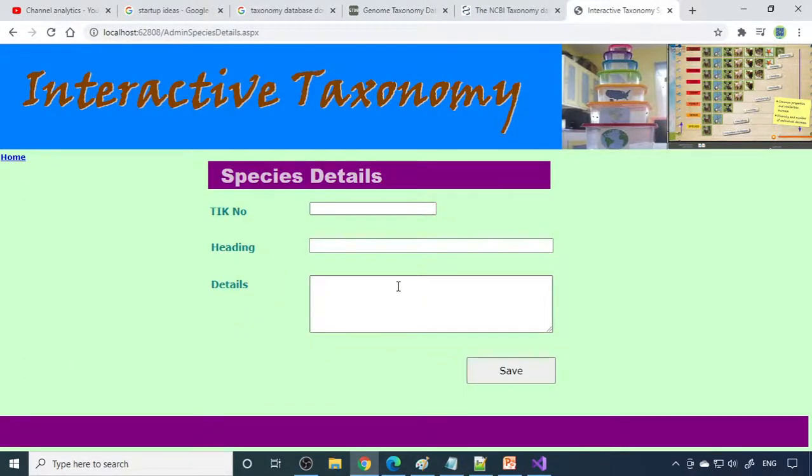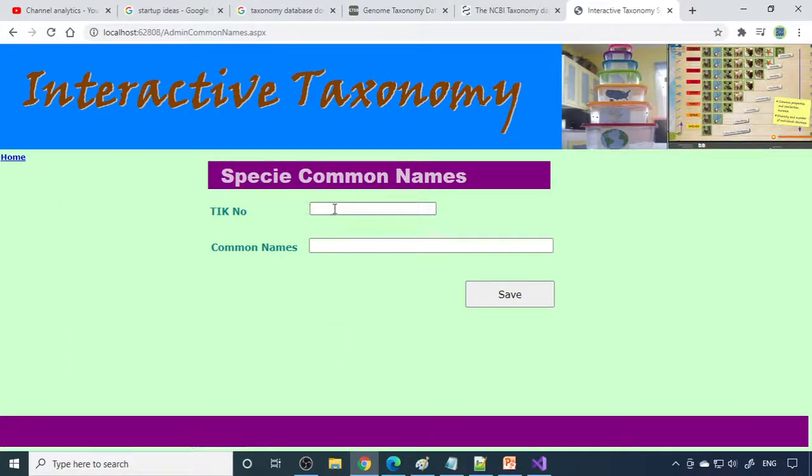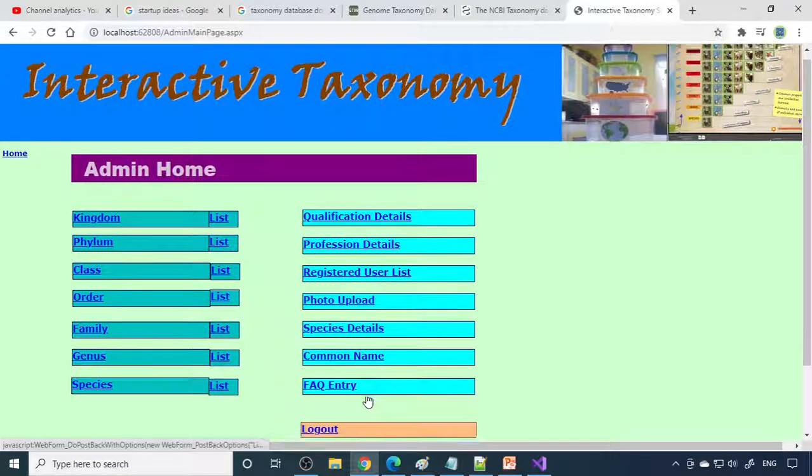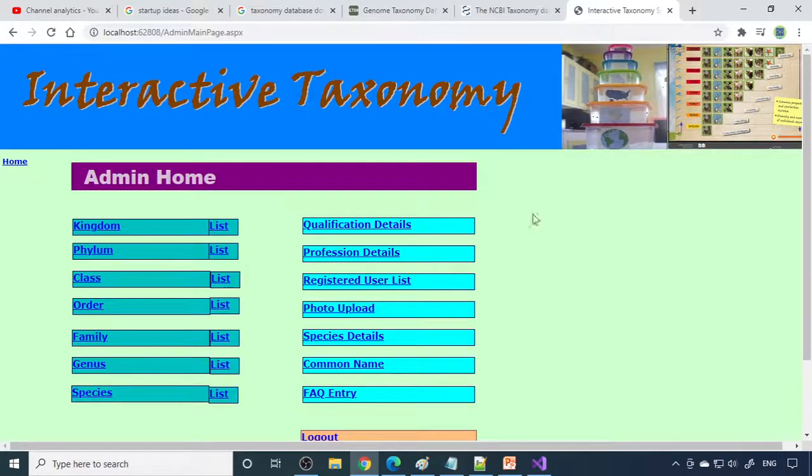If you have more information about the particular species, we can enter it here. So more details can be entered here. That is species details and common names. Based on the numbers, we can enter the common names for the particular species. And here is an FAQ entry, where whatever questions common users are asking, all those questions and answers we can write here. On the other side, when you go to the user side, we can see all this.